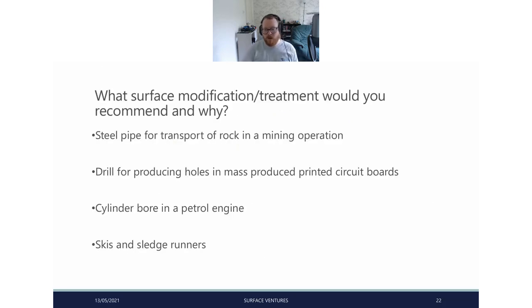Okay, so this is where I would like to open it up to a little bit of discussion here. So we have different surface modifications and treatments for various different things. So we have a steel pipe for transport of rock in a mining operation, drill for producing holes in mass-produced printed circuit boards, cylinder bore in a petrol engine, and skis and sledge runners. So